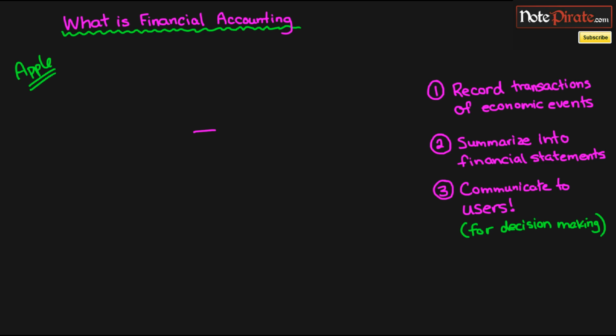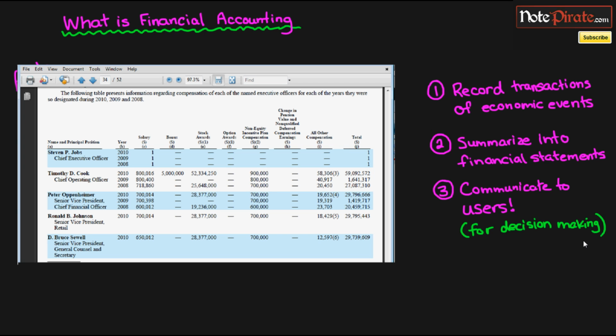So Apple as a company, why do I have that line there? Oh, let me just restate that and put Apple up there. Okay, so the idea is that we are the CFO of Apple, the Chief Financial Officer, and if you don't know what the Chief Financial Officer does, well, he does a ton of stuff for Apple, and it's actually this guy here that I've highlighted. He makes quite a bit of money. 2010, 700 grand, 28 million in stock awards.